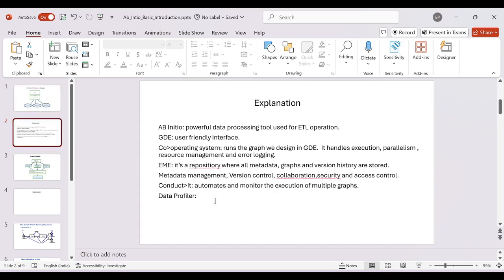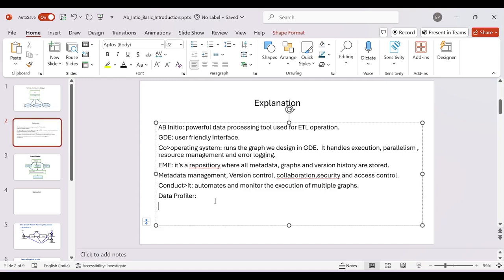Then coming to the data profiler, data profiler performs data quality check before loading into the target system. Okay, so if you have any doubt in that,